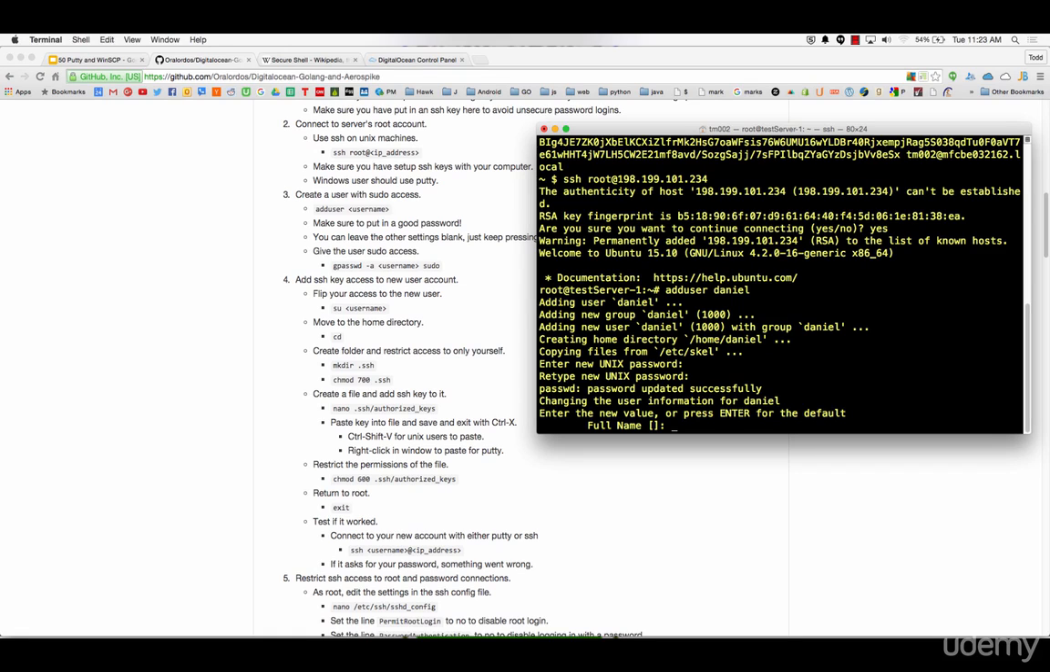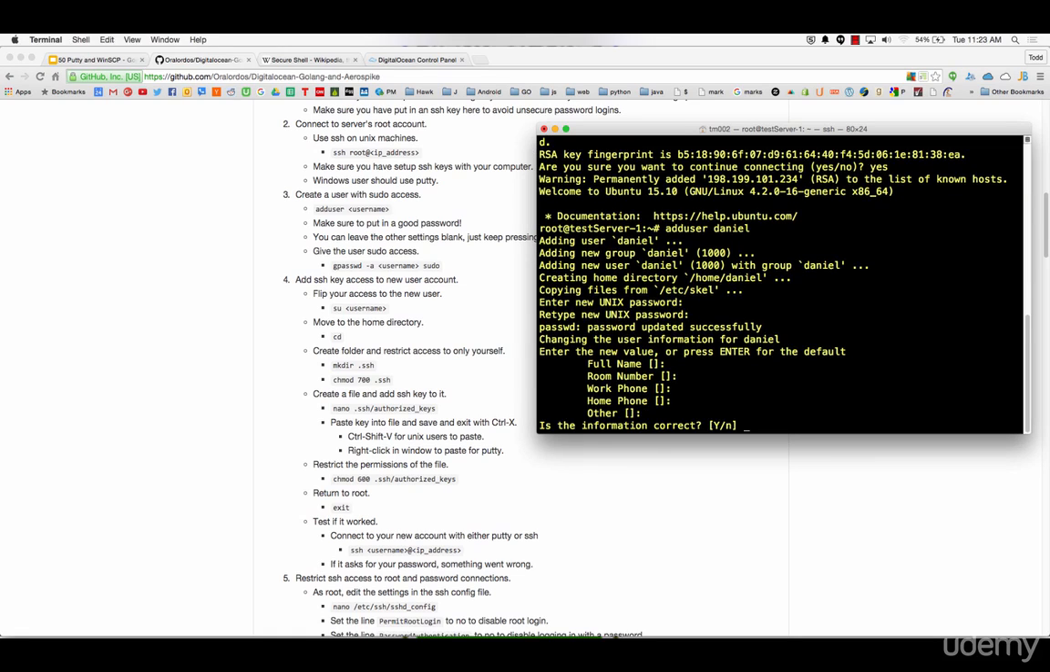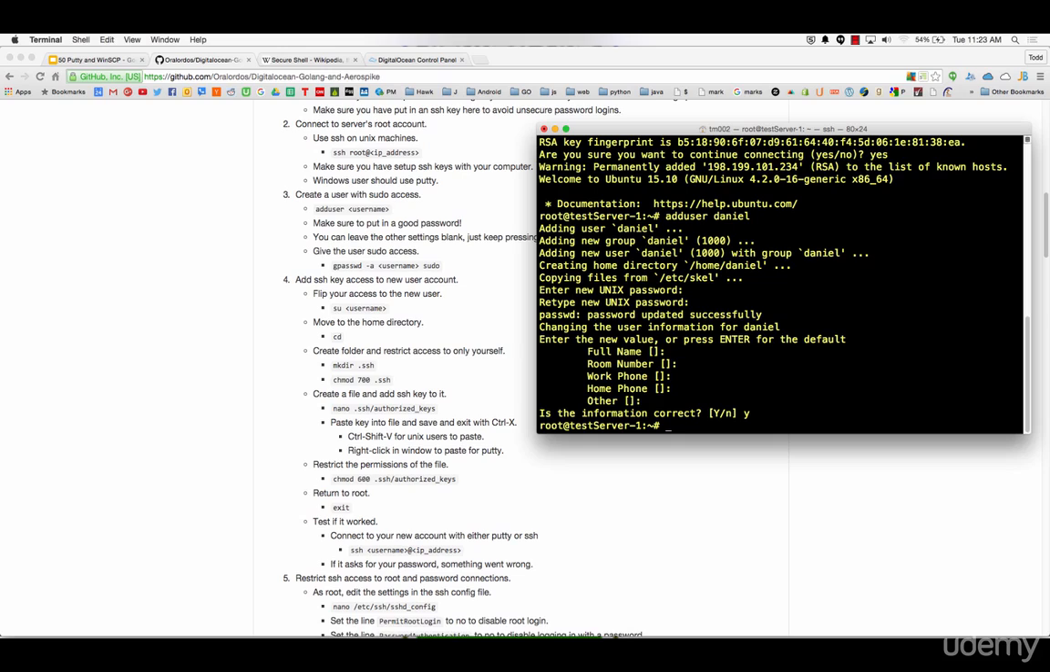Ask for a bunch of additional information. You can just keep pressing enter and leave them all blank. Yeah, it's fine. Okay, we now got a user. So now we need to make it